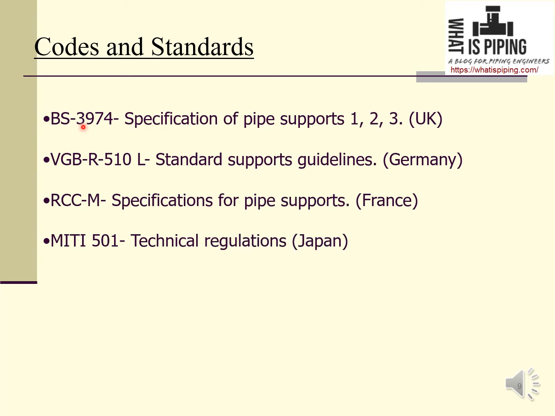Then BS 3974. This is a BS code, meaning from the UK. This provides a specification of piping supports. There are three parts: 1, 2 and 3. Then